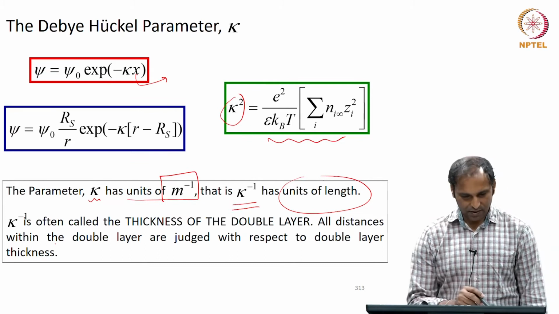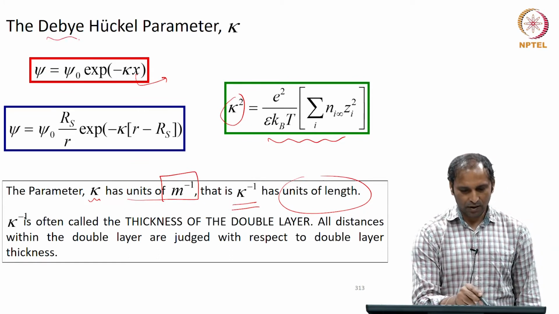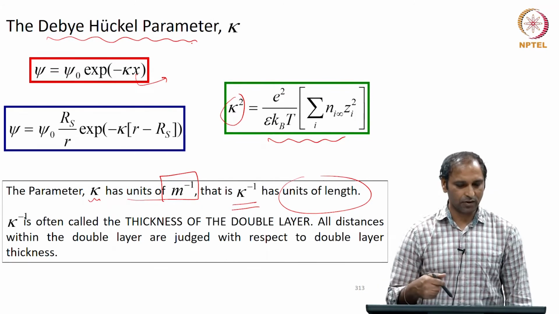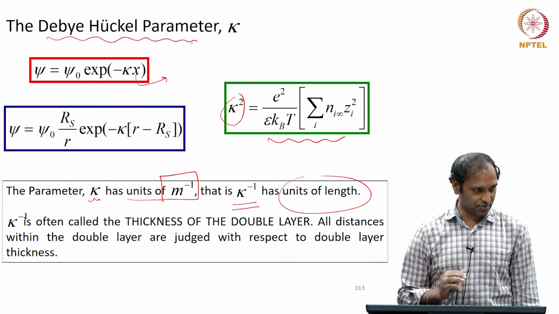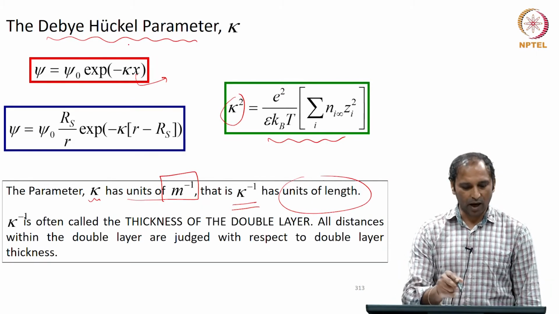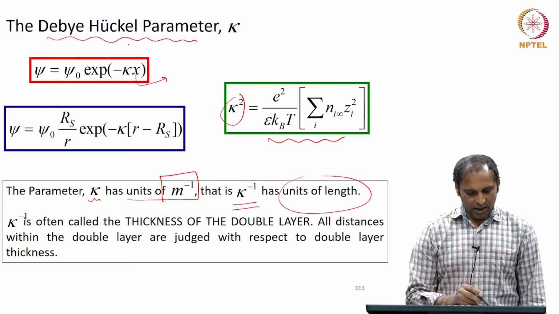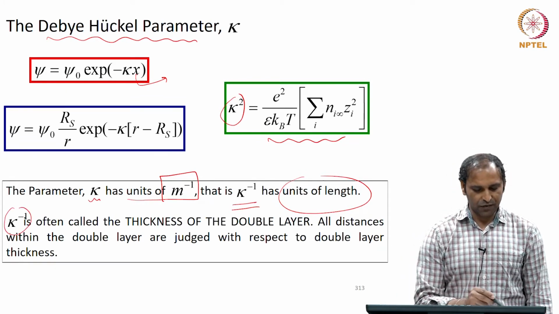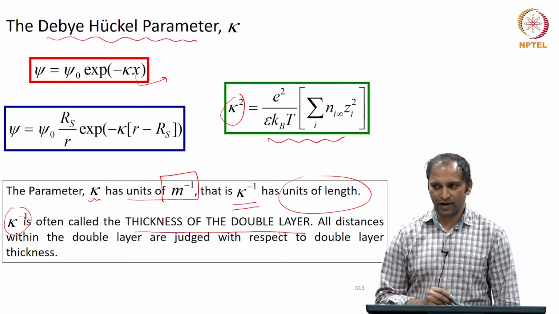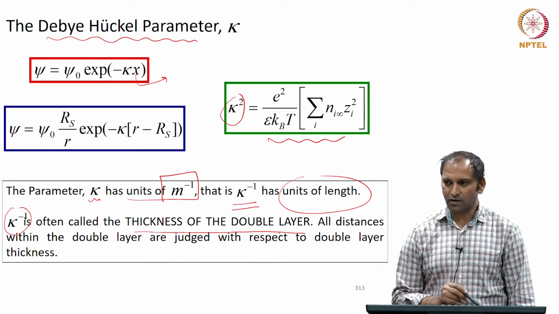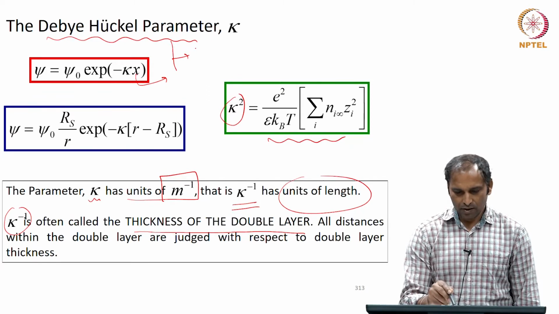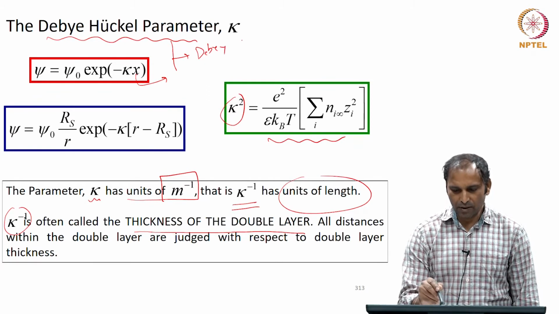This kappa inverse is what is called the Debye-Huckel parameter. That is because this comes out when you are looking at the Debye-Huckel approximation, the low potential case. People often refer to kappa inverse as the thickness of the double layer. Thickness of the double layer. People also call this parameter as Debye